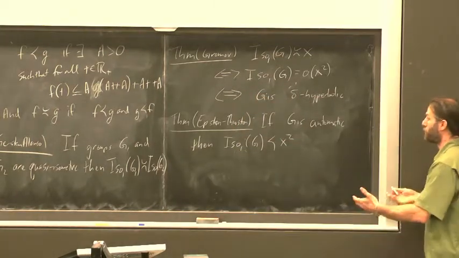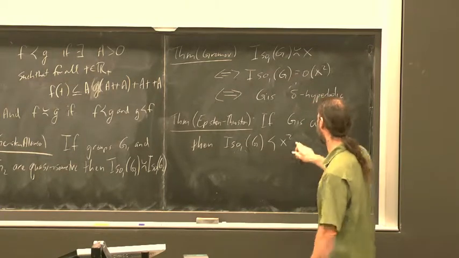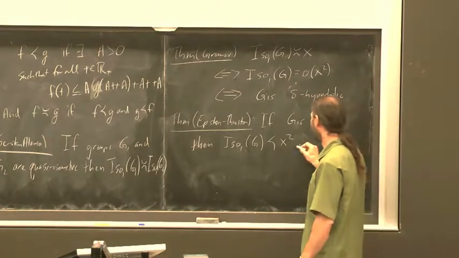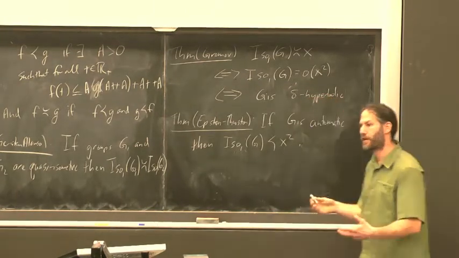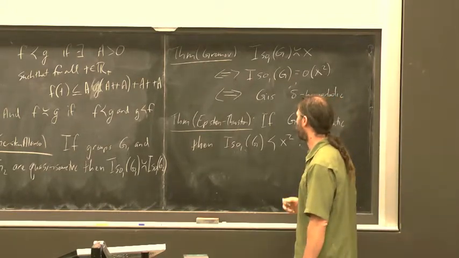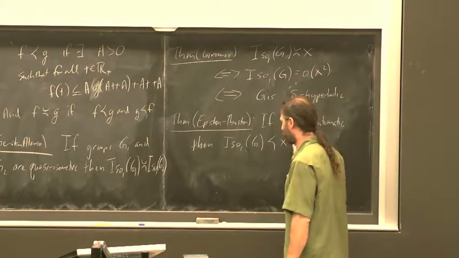It might be linear, it might be quadratic, but it's at worst quadratic. This doesn't characterize all quadratic functions. There are quadratic groups which aren't automatic, which aren't even combable. But it's a way of picking out some class and showing that their isoperimetric functions behave nicely. So this is a result of Epstein-Thurston, which will relate to the